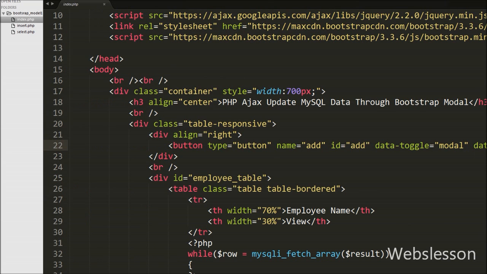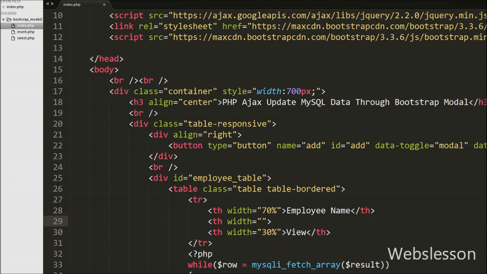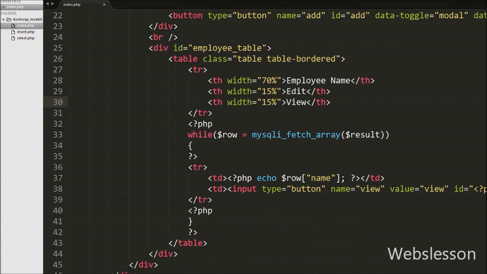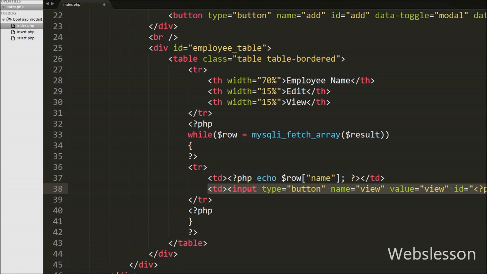Now in this video, first we add one more column between these two table columns for editing employee details. So between these two columns we write open and close table head tags with width 15% and the text edit. In this column we want to display an edit button for all employees, so in the while loop we write